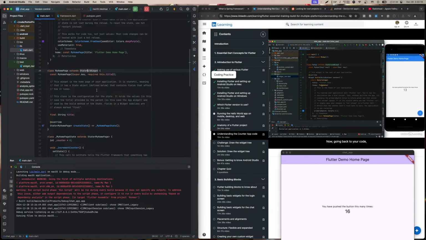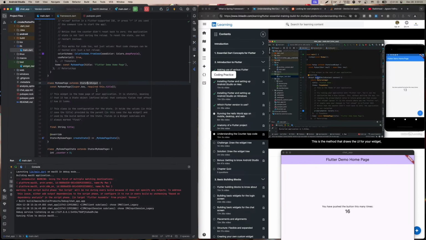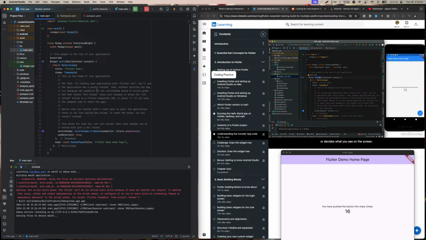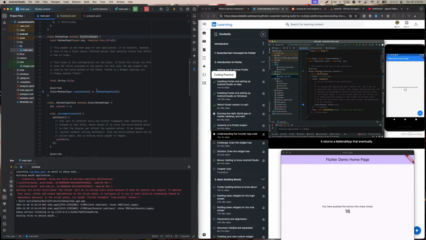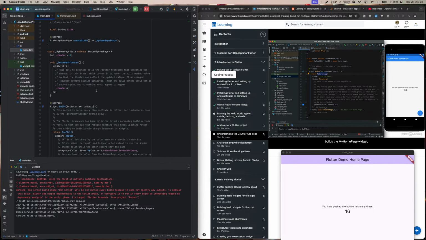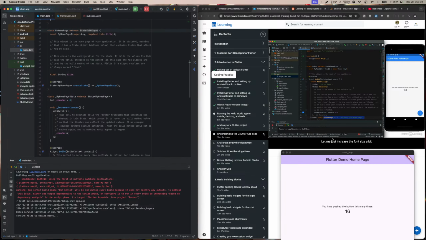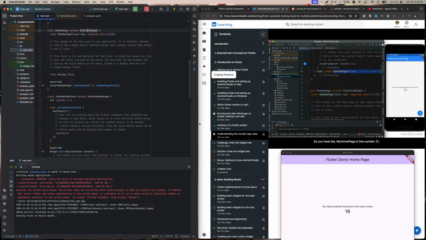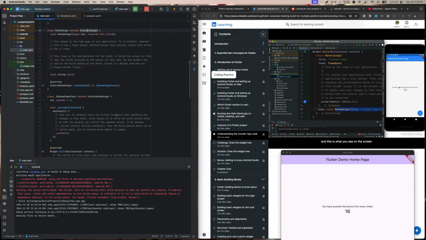Now, going back to your code, the next important thing to note is the build method, which is supposed to be overridden for all your widget classes. This is the method that draws the UI for your widget, or decides what you see on the screen. In this build method, it returns a MaterialApp that eventually builds the MyHomePage widget, if you can see in line number 27. Let me just increase the font size a bit so that you can see this better. So you have the MyHomePage in line number 27, and this is what you see on the screen right here on the emulator. Now, widgets